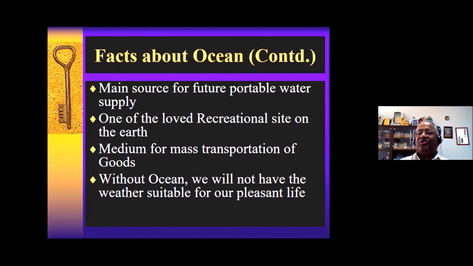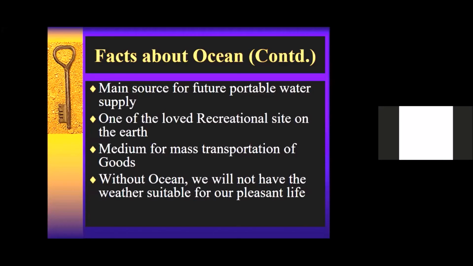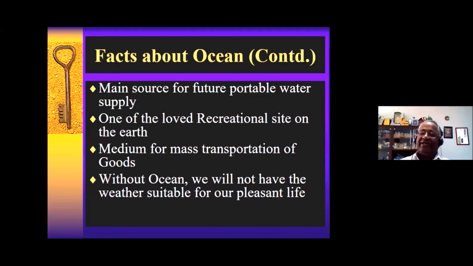If it is transported by ship, it will take 7, 8 days. By the time it reaches here, everything will be spoiled. So perishable items you have to transport by air. When you pluck all these vegetables from the garden, that day evening it should come to Cochin airport. Night it should fly, and the early morning next day it should reach the Gulf country. Otherwise it all will perish. Air transport is very expensive. Transport by ship is very, very cheap. The cheapest on the earth is ship transportation.